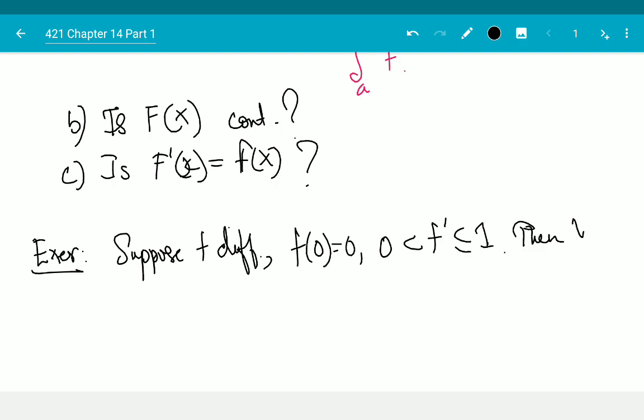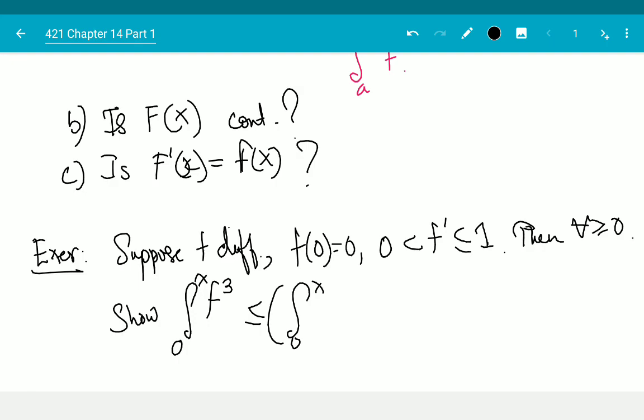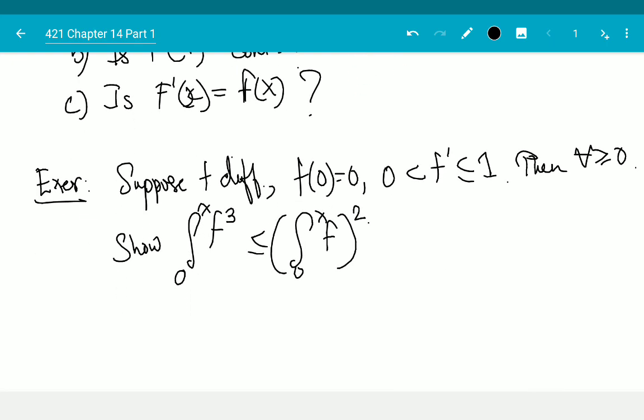Then, for every x greater than or equal to 0, show that the integral from 0 to x of f cubed is smaller than or equal to the integral from 0 to x of f, all squared. Okay,